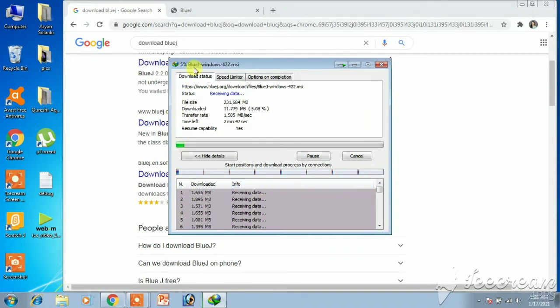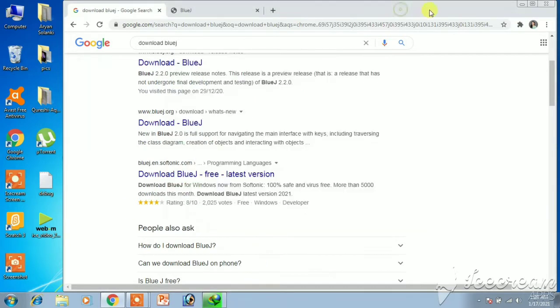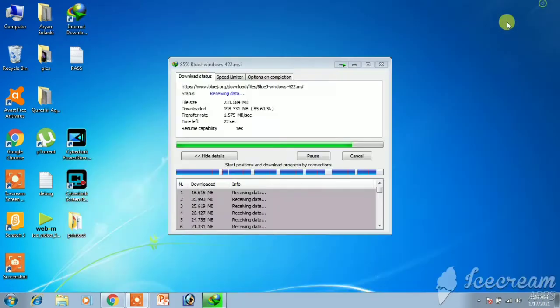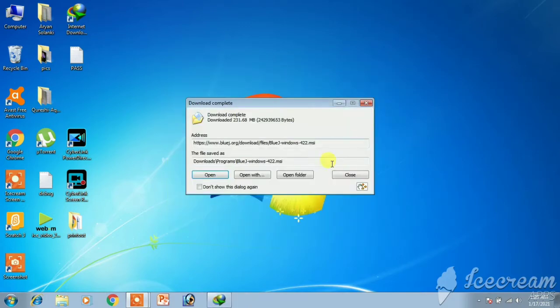I am using IDM Internet Download Manager, so it downloads fast. So students, it is downloaded.